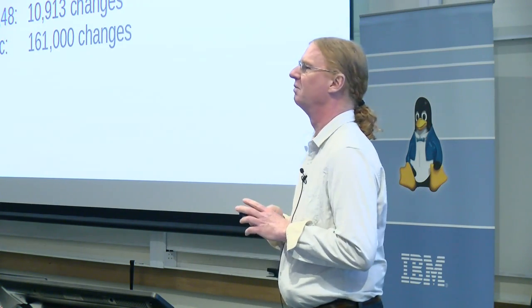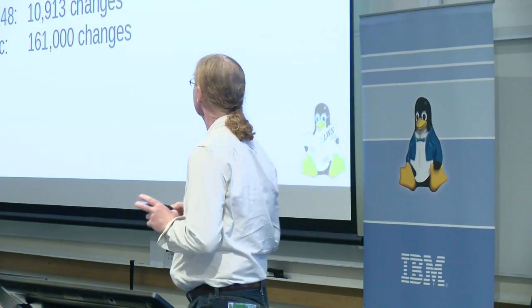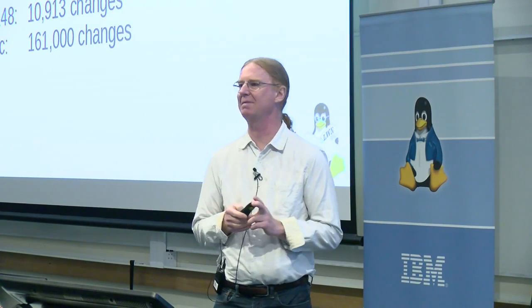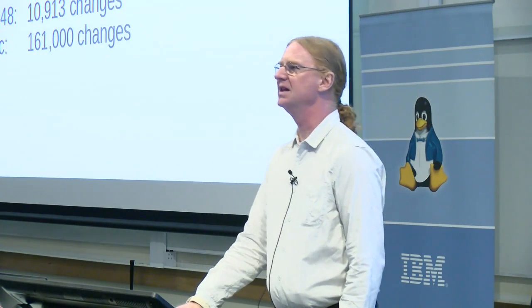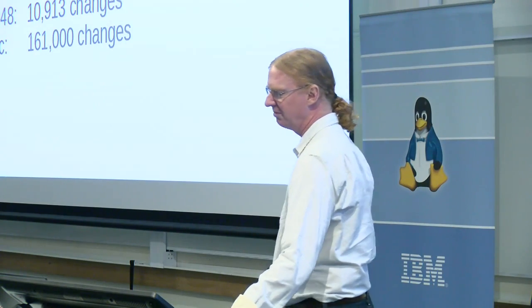So we look harder to find fixes, improve our discipline there. There are even people like Sasha Levin who has put together a machine learning system that tries to automatically identify patches that look like fixes and kick them out for review and put them in there. And so we're likely to see the volumes of changes going into the stable kernels increase even further,